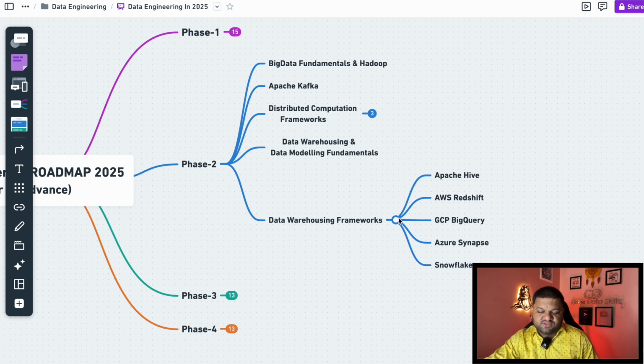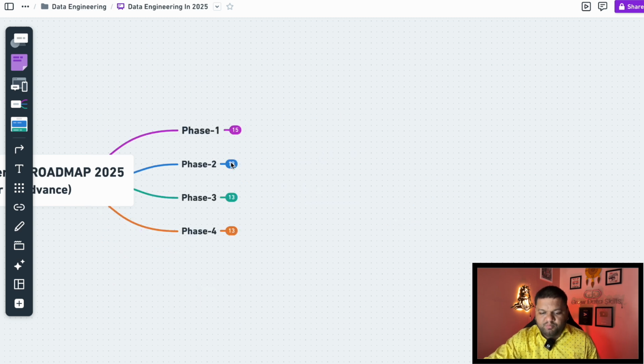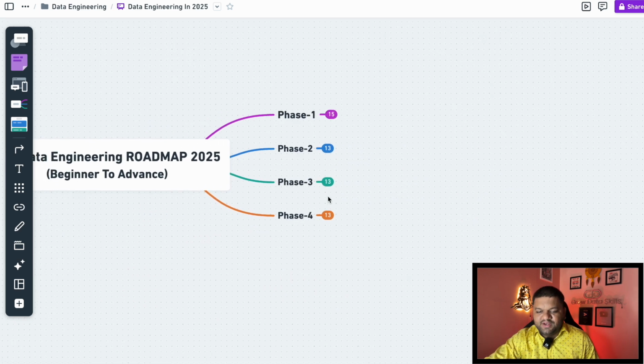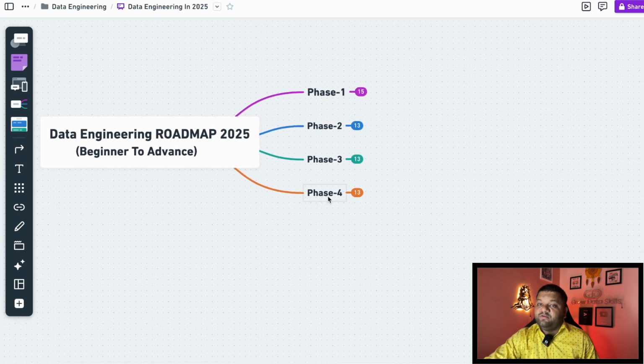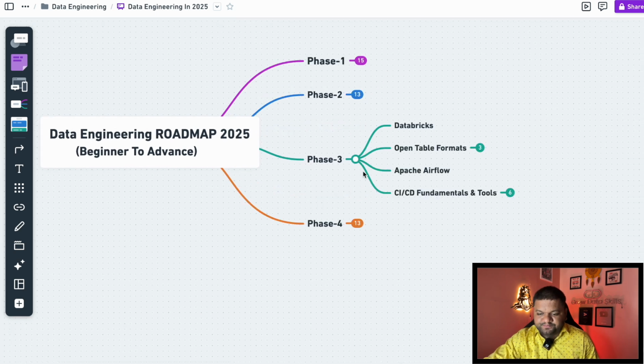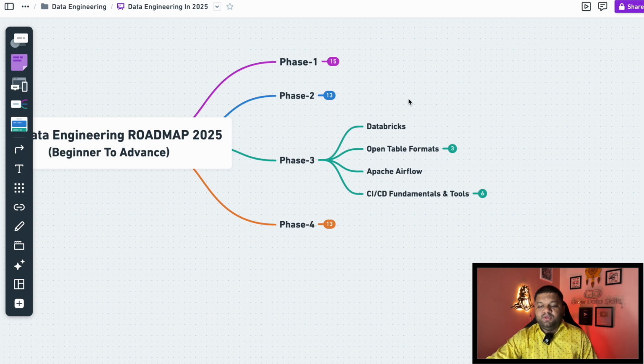Specifically in these consulting and service based companies. So this is what you need to cover in the phase 2 part, the core and the heart of data engineering. Now coming to phase 3, what you need to cover here. Phase 3 is going to be about Databricks, right? In the recent 2-3 years, you have heard the boom of Databricks. Most of the job descriptions will have Databricks in place.